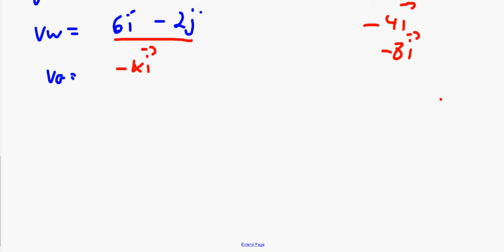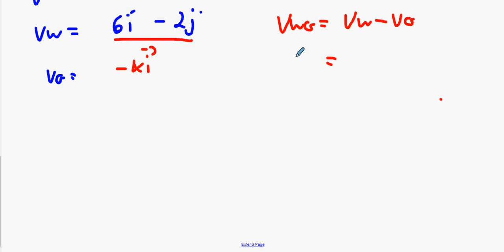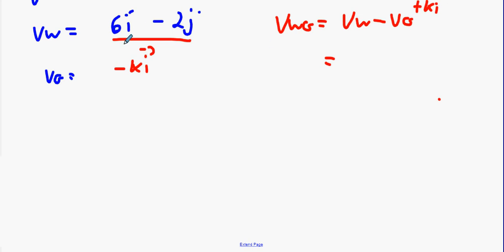Now, we do velocity of the wind as it appears to the girl, so v_wg is v_w minus v_g. When you take away the velocity of the girl, it's going to be plus ki. So it's going to be 6i plus ki, so it's going to be (6 plus k)i